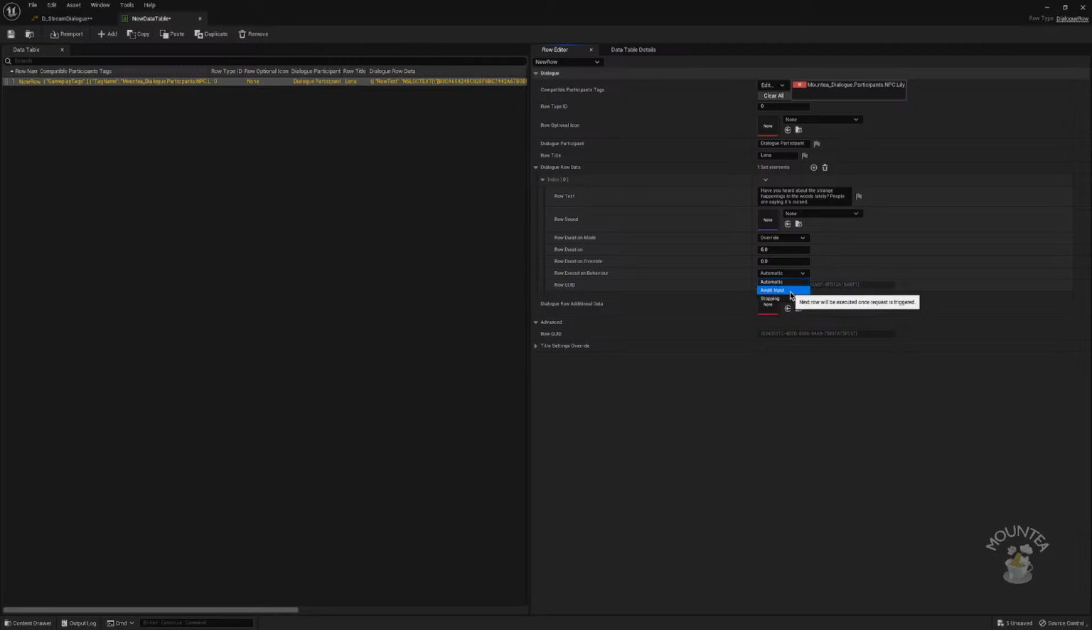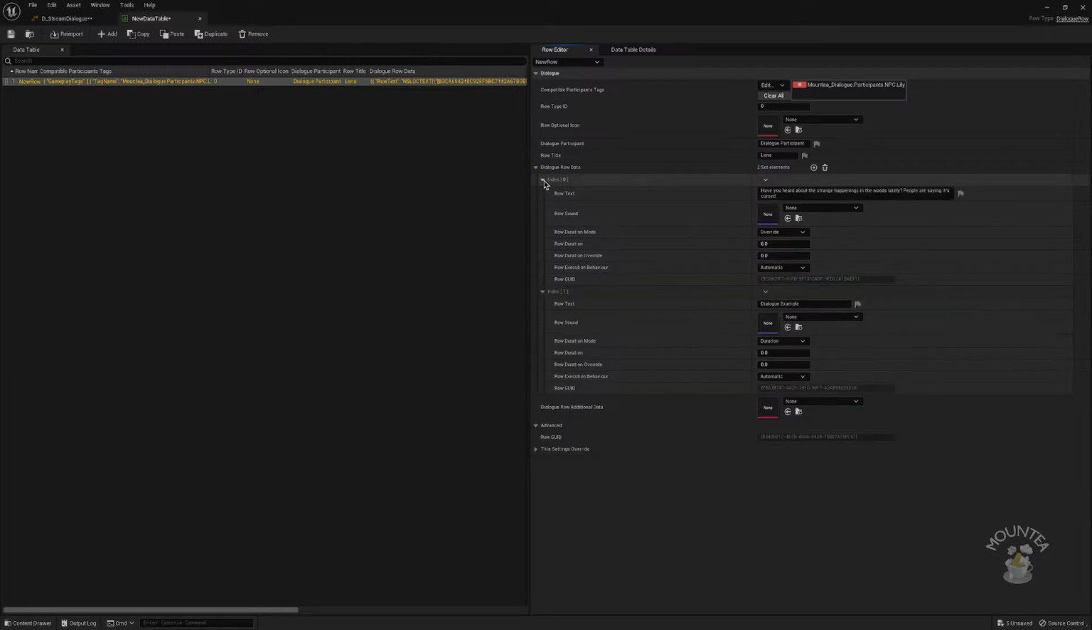You can await input. If you select await input, unless you press the skip button, it will never execute the next row. So if I have 2 of them,